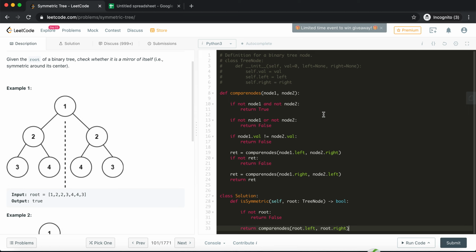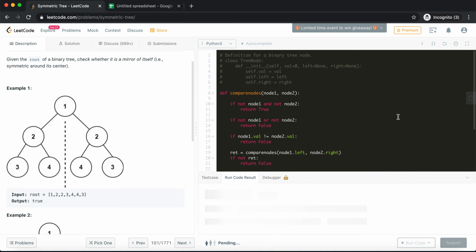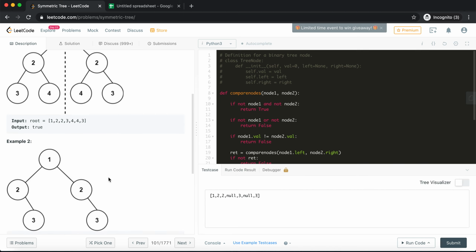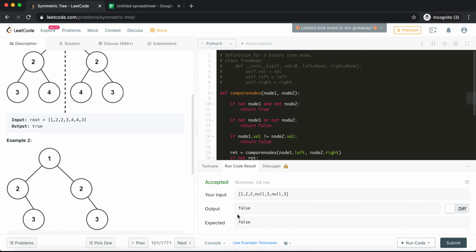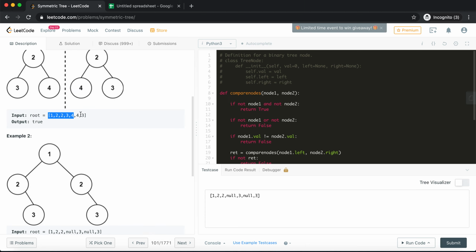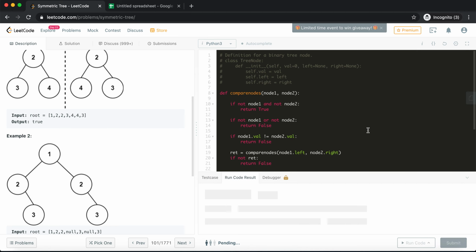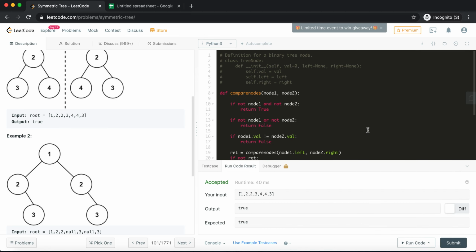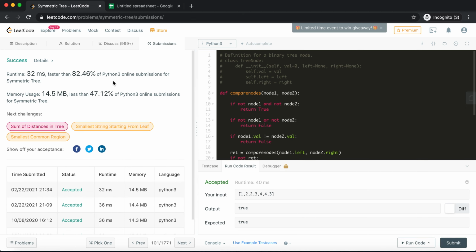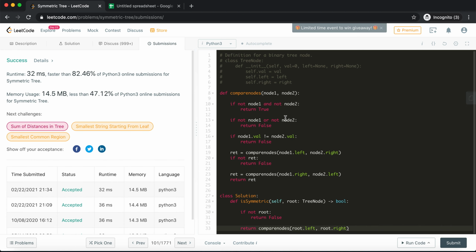So yeah, that is the code that we need to write. Let's try to run this. Hopefully there are no compilation issues. It got accepted. Great. I was checking this particular test case. Now let's check the positive test case. Yeah, there you go, it was accepted. Let's try to submit our code. Yeah, it worked. So that's how you solve this problem.